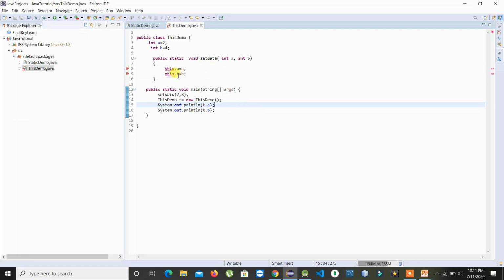When you are using this, you cannot use static. We'll show the error first. Yes, you cannot use this in a static context. So we'll remove static, and we'll remove this also.